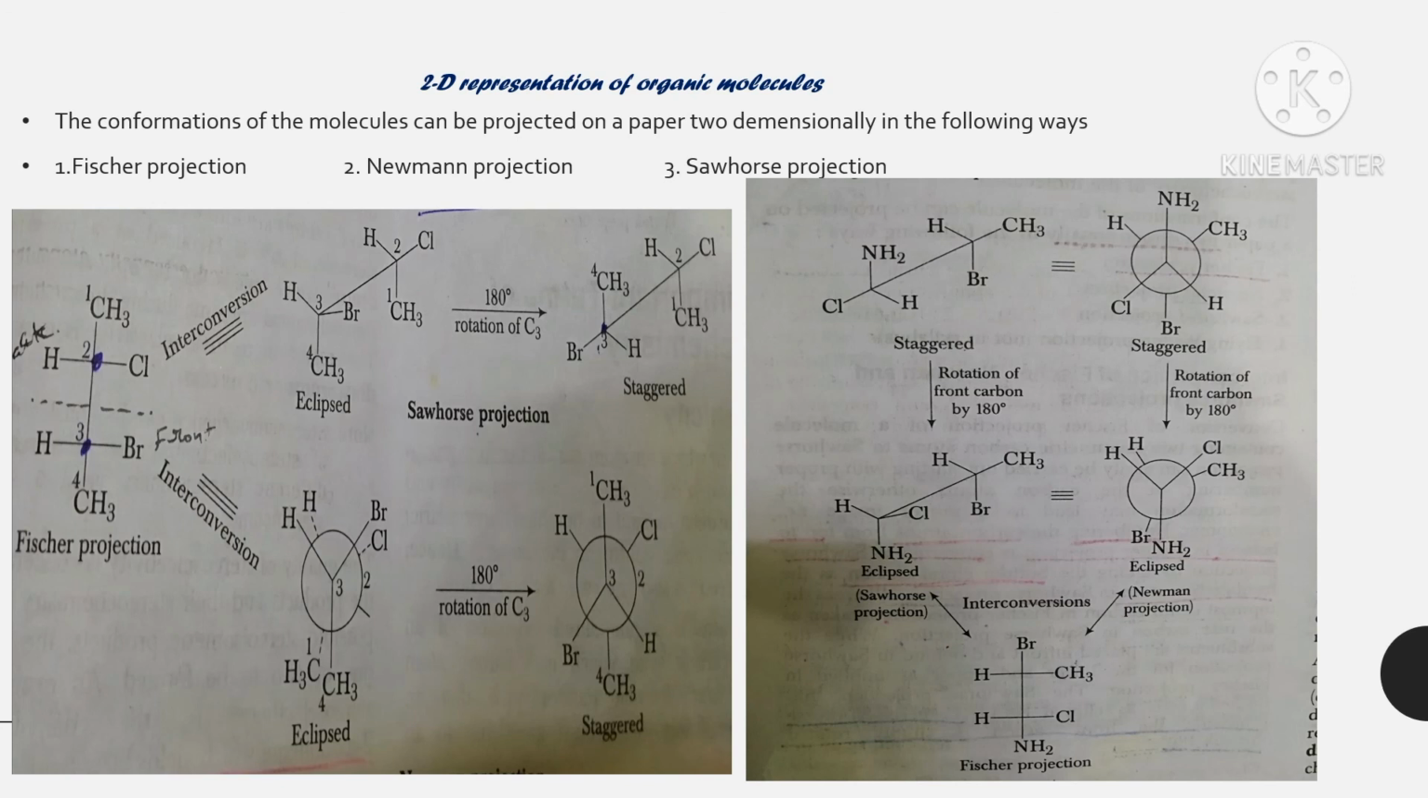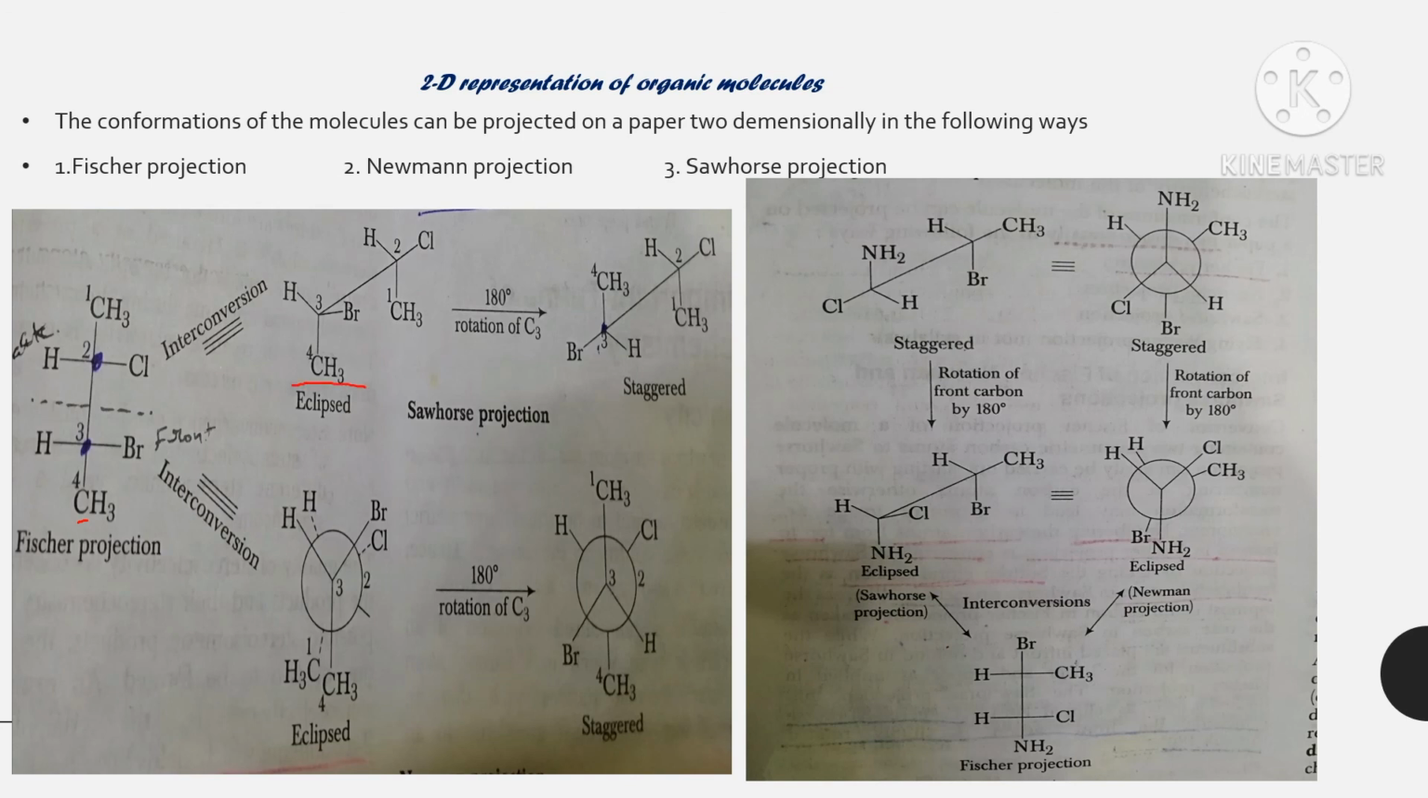See the first diagram. Here the compound is already in Fischer projection. So the top carbon is first carbon, then second, third and fourth carbon. When we are converting to Sawhorse projection, this fourth carbon comes to the front and the second carbon goes back. So always in Sawhorse projection,